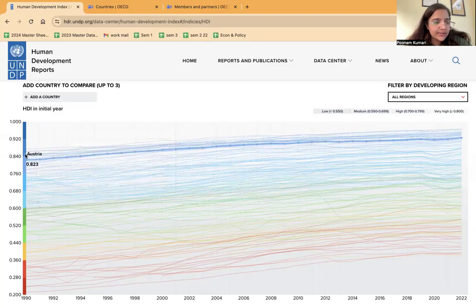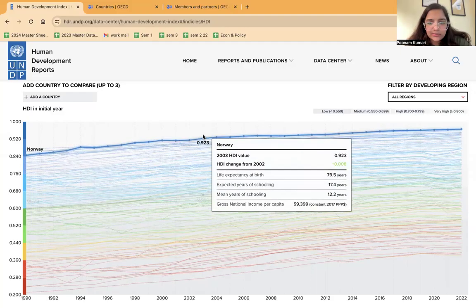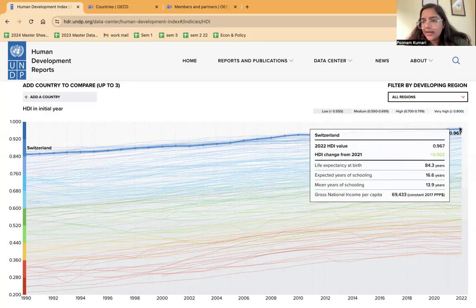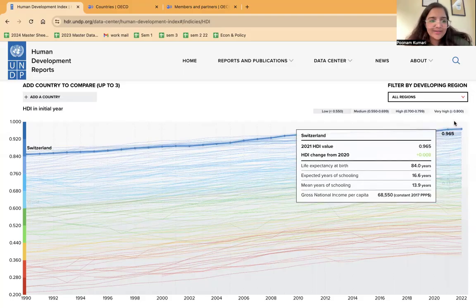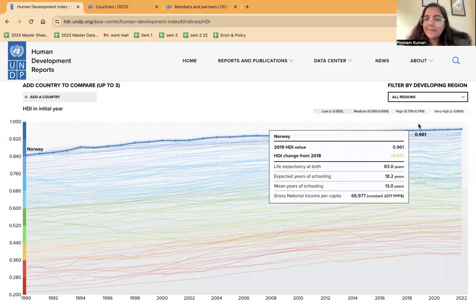So in the 1990s it was something like 0.84, and right now it is something like 0.967. So this is very, very close to 1, right? This is a best case scenario. Yes? Yes, ma'am. If you see these numbers, let's say the 2021 HDI value, life expectancy at birth was